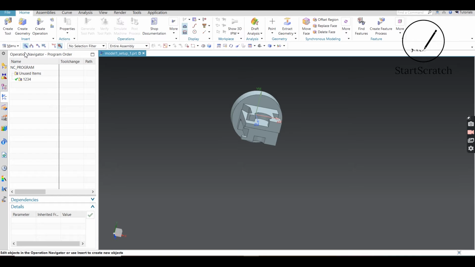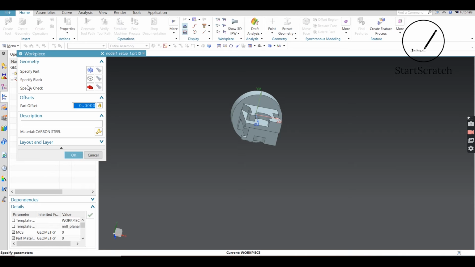So first of all, for creating any kind of manufacturing process, we would require to prepare the geometry. See, this MCS mill defines the coordinate system of the machine and of this workpiece, and this workpiece can be selected for defining the geometry.